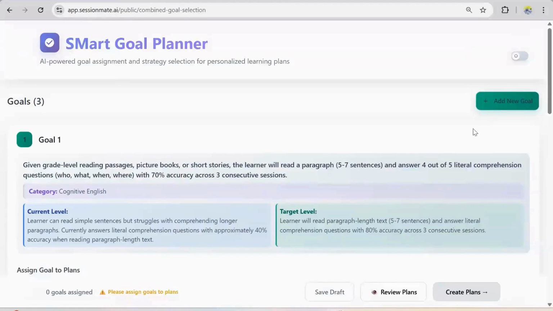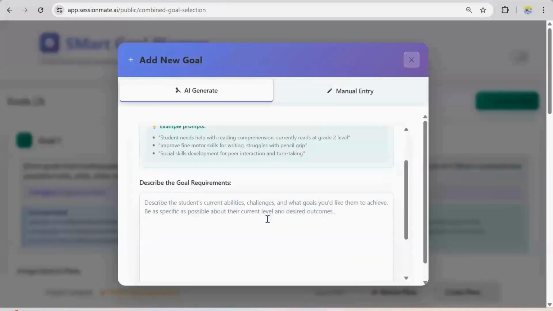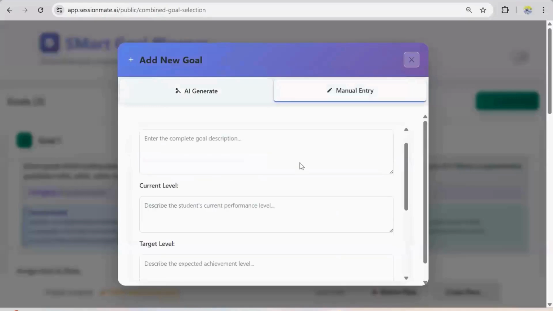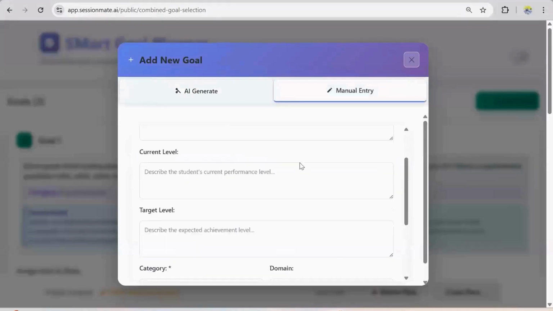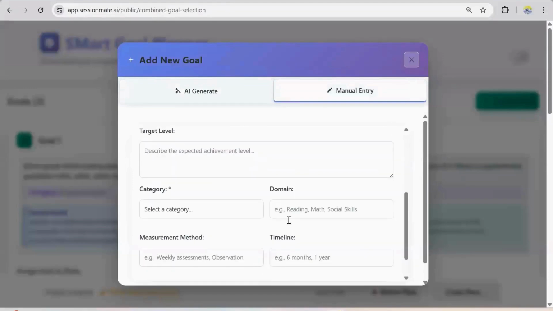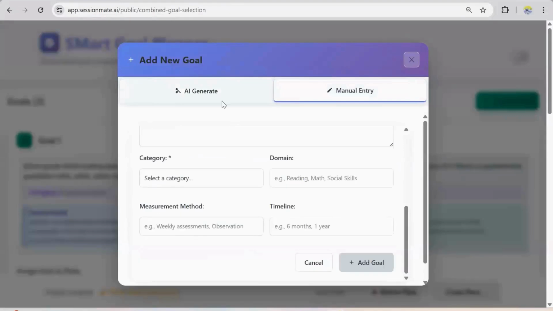So these are the 3 goals we have so far. Since we all know an IEP is very comprehensive and it addresses more than one domain at a time, you can generate it right now from AI. Within the same structure, I would be given these goals, or I can manually type it on my own. Again, manual typing gives a lot more power to a therapist because then you get to decide the current level, the target level, choose the category optimal, and the timeline for individual goals as well. For now, let's just